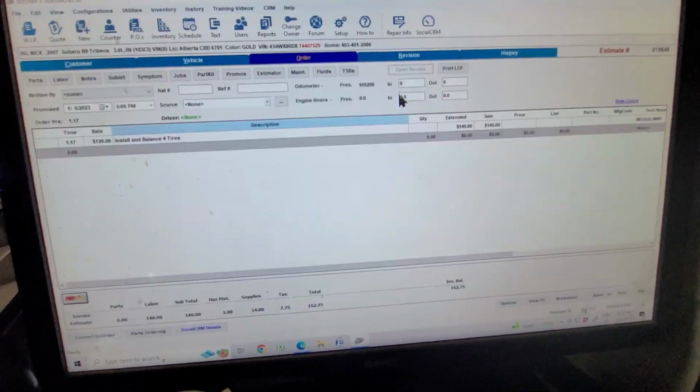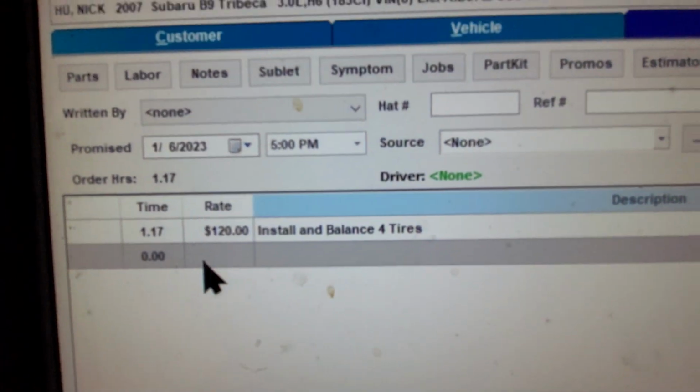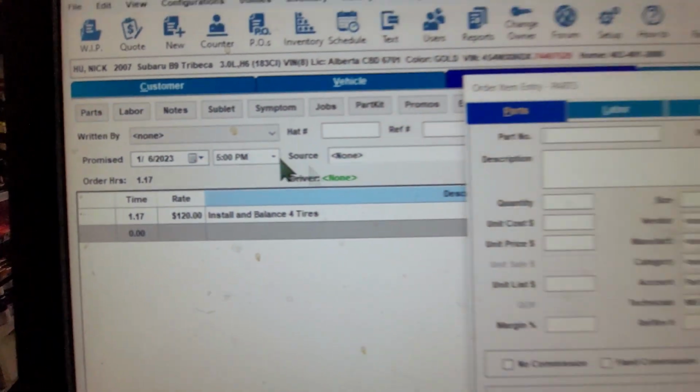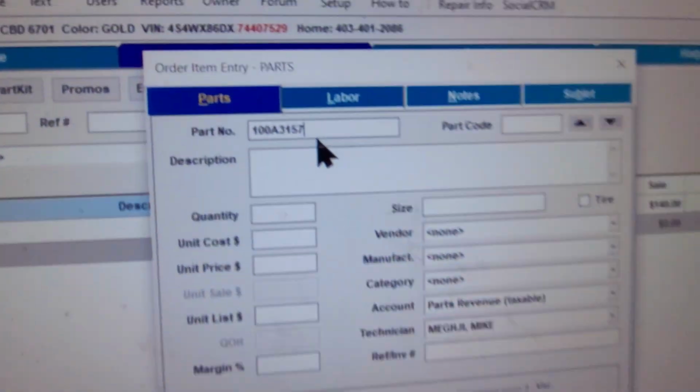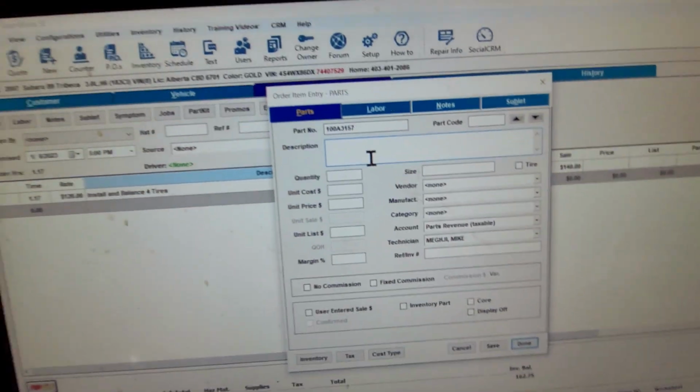I just did that, but I want to go to the estimate. Now we need to add in the tires. Go to the parts. First line for the part number. Go to my Control V. So you have the part numbers. You can enter, just say new